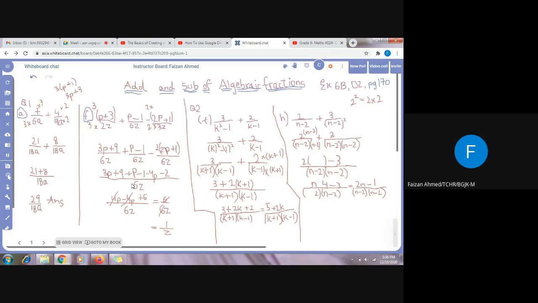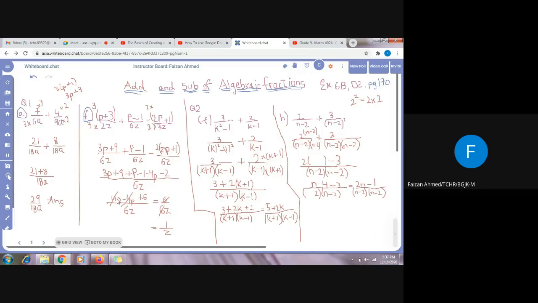Now I have to simplify it more. I can see that there are some terms which have p, so these are like terms. Variables on one side, numbers on the other side. I can see that this is a 3p, this is 1p, so 3p plus 1p will be 4p, and then there is a negative 4p, and 9 and minus 1, 9 minus 1 will be plus 8, and plus 8 minus 2 will be plus 6, and I can see that plus 4p and minus 4p can be cancelled out